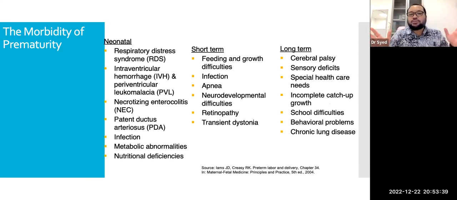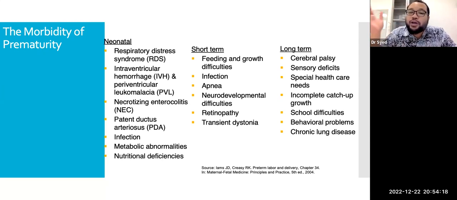Okay, what are the problems with babies? So in newborn babies, we've discussed before how they need to adapt from intrauterine life to extrauterine life. So the problem with premature babies are all the systems are not ready yet for the external environment. All the systems, all the organs, all the tissues are not ready yet. The lungs are not formed yet. For example, alveolar, the proper alveolar are formed at around 25, 26 week period of gestation.